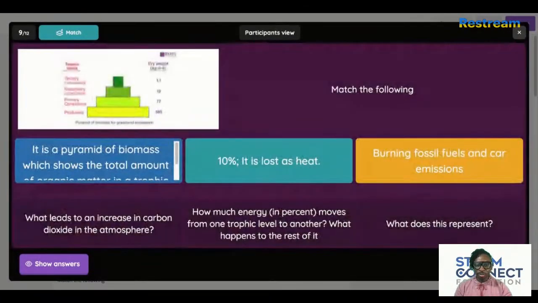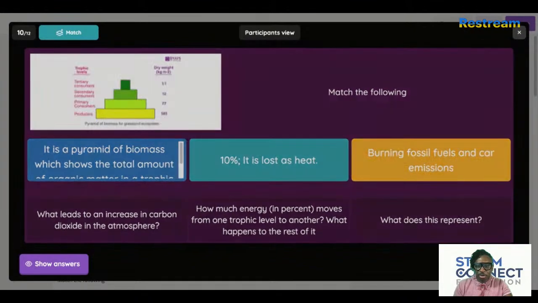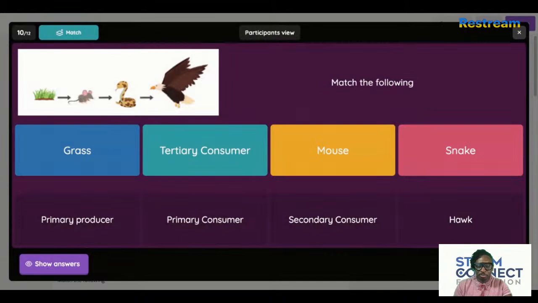Perfect, perfect, perfect. Let's look at this. Let's see if I can find a better image for that. I want to talk about the energy pyramid, but I can do it from this actual diagram here. All right. So looking at these, I want you to tell me where these organisms fall in the correct order. So if we are looking at the grass,